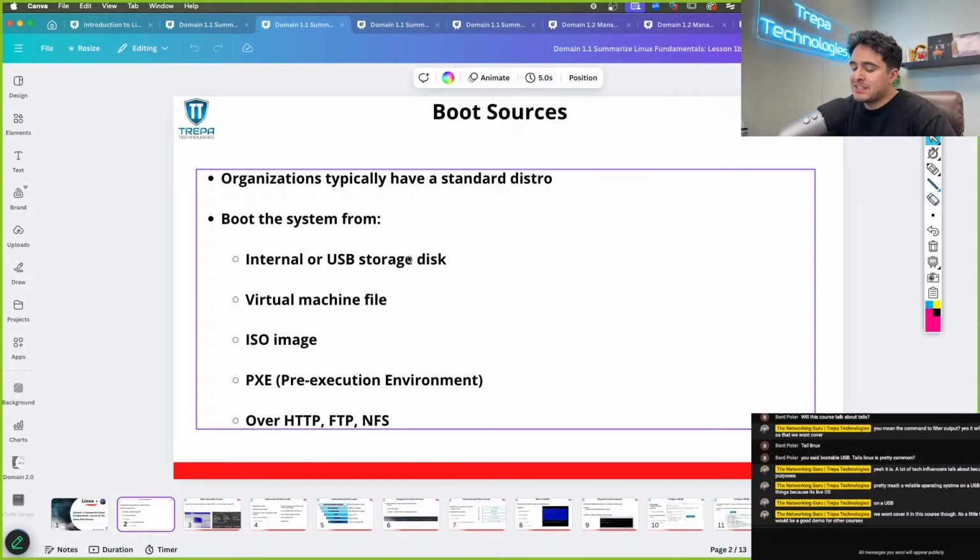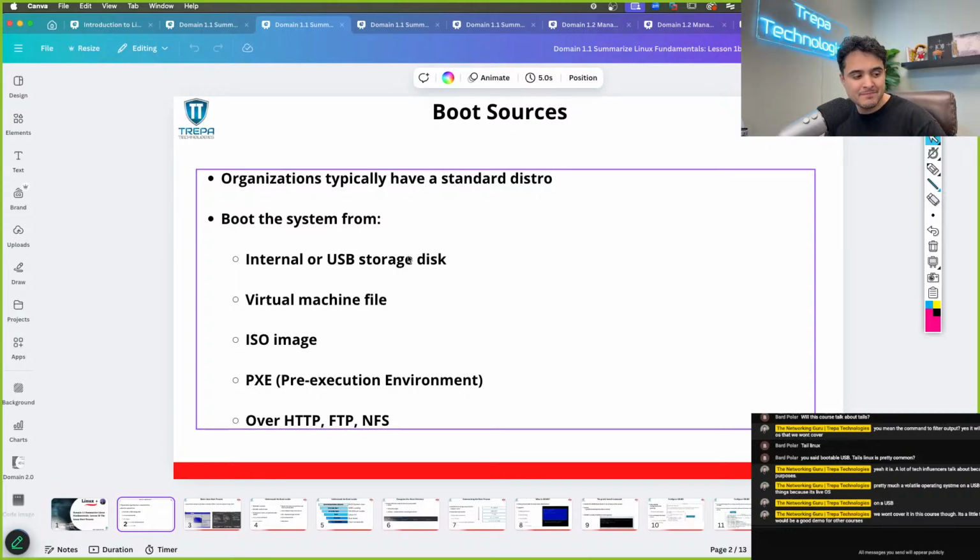So what we mean by that is we take an image, like you just saw me do on VMware Workstation Player, and it's a .iso file. You install that operating system. So you saw me do that with virtualization. But there are other sources to actually boot our Linux operating system. So we could put that on a USB drive and have a live OS, or we could have a bootable USB that'll put an image on our desktop or our laptop. Our operating system can already be installed on our solid-state drive or our NVMe drive,